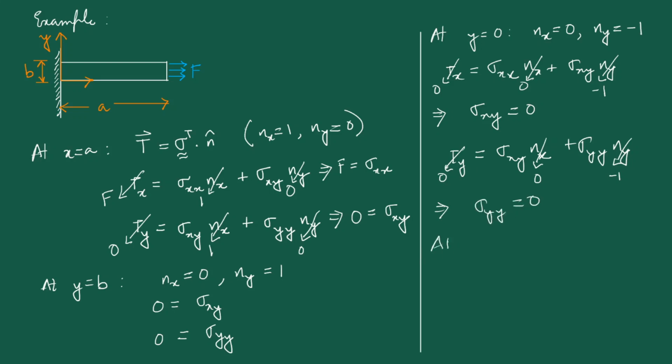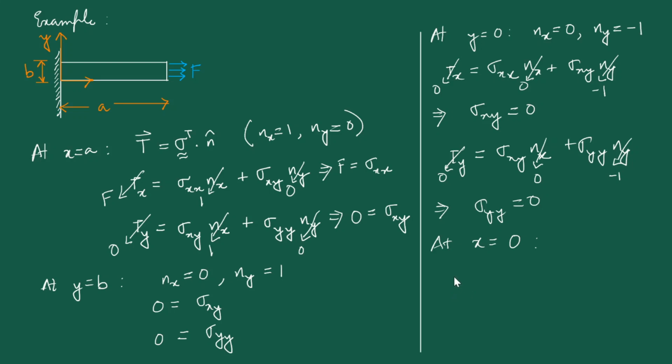And finally, for x equal to 0, so basically we are talking about this edge, the edge which is clamped to the wall. So for that it is very easy, as you can easily see,